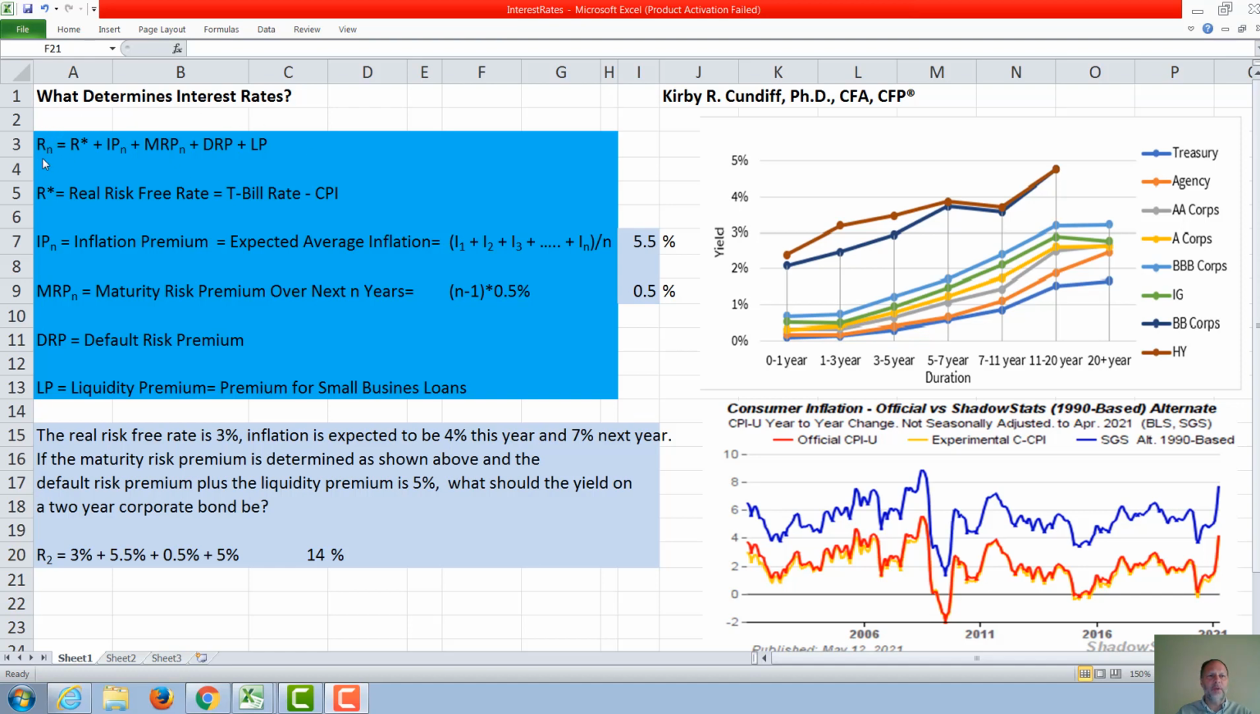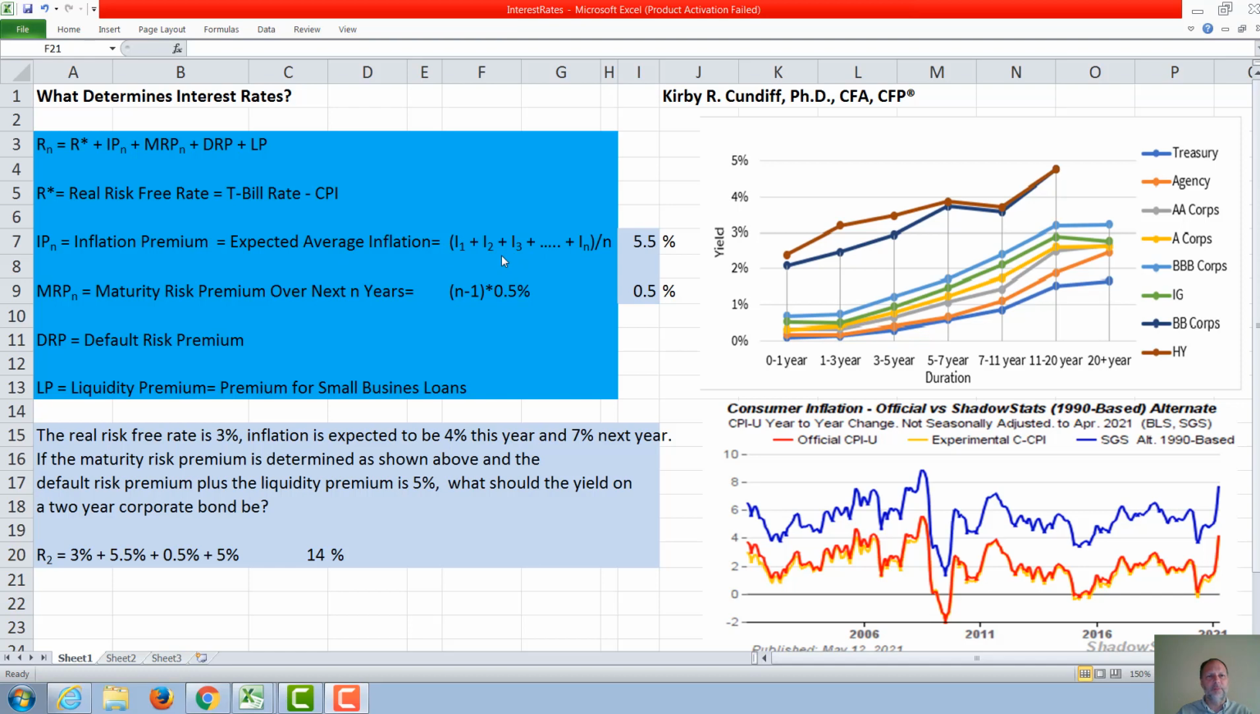The interest rate R sub n, where n is the number of years to maturity, equals R star, the real risk-free rate, which in the past has been approximated by the Treasury bill rate, the U.S. government short-term debt instrument rate, minus the CPI, or the government's estimate of inflation, the Consumer Price Index, plus an inflation premium, which is the expected average inflation over the next n years, where n is the number of years